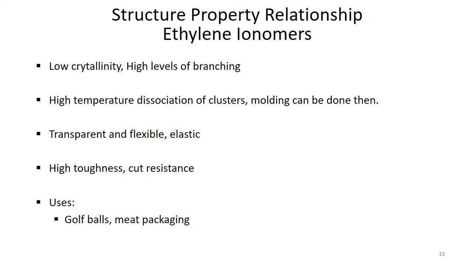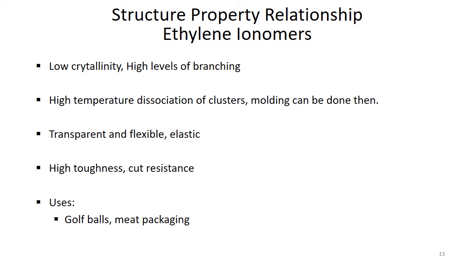Due to their low level of crystallinity, these ionomers are transparent and flexible. The ionomeric crosslinks prevent the chains from sliding past each other when a sample is stretched. It is similar behavior to when there is a lot of branching, just like in low density polymers. When the stretching force is released, the material recovers elastically to its original dimensions, so they are very elastic and flexible. These crosslinks impart high toughness, abrasion resistance, and also resistance to being cut. This is a combination of high toughness, elasticity, and cut resistance.